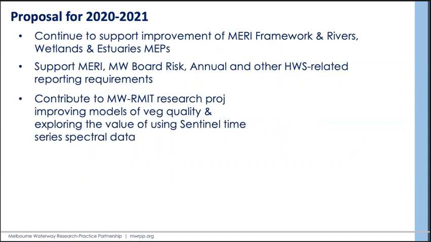So Sentinel is a different satellite, and it has the advantage of having more sensors, as well as 3 times better spatial resolution than Landsat. Sentinel pixels are 10 meters rather than 30 meters for Landsat. And so that could be really helpful for riparian revegetation, which can occur in really narrow bands. But the drawback with Sentinel is that the data only goes back to 2016, whereas for Landsat, we have data going all the way back to 1986.